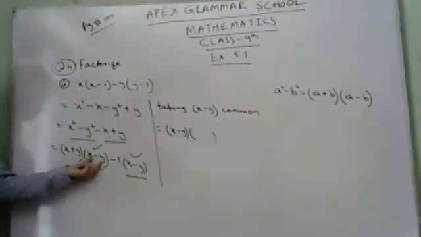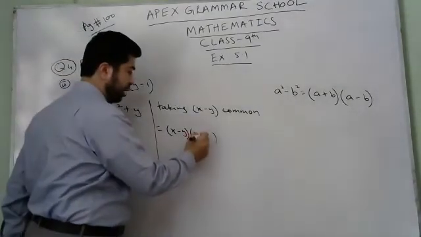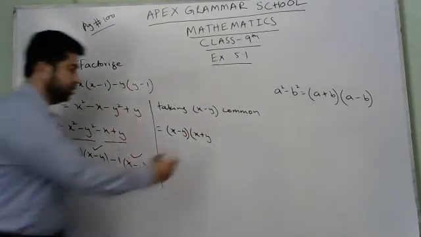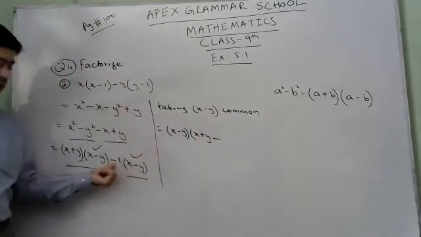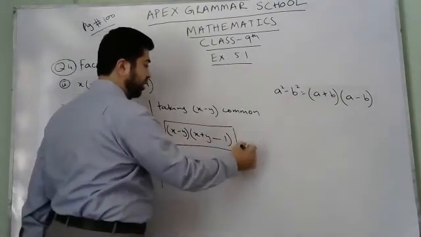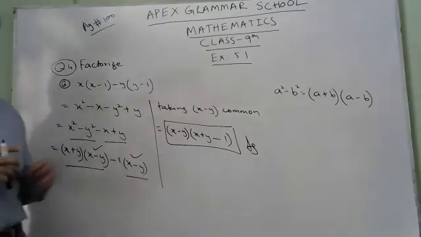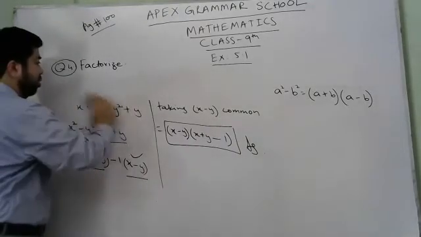And after taking x minus y from here, x plus y means here x plus y. And after that, this is minus. And from here, x minus y is common outside here, so minus y, minus 1 is here. Now, this is the factorized form of question number 4, part 2. I hope you understand very well. After that, part number 3 and part number 4 are exactly the same. We will talk about part number 3 now.